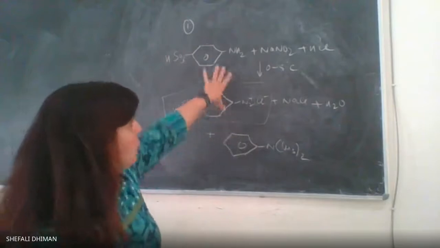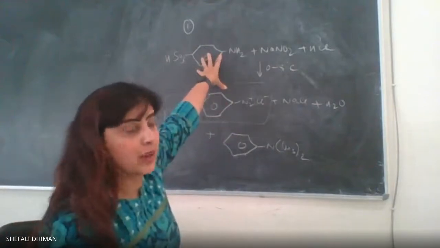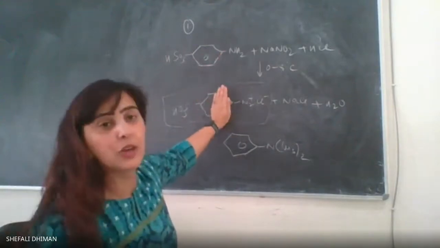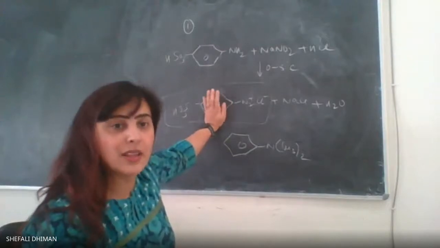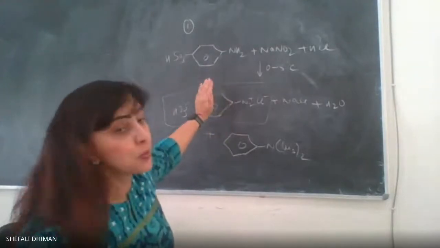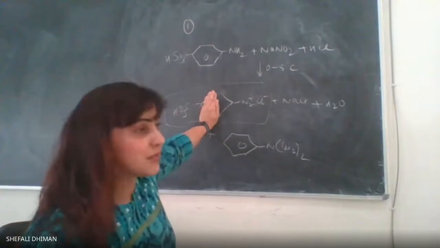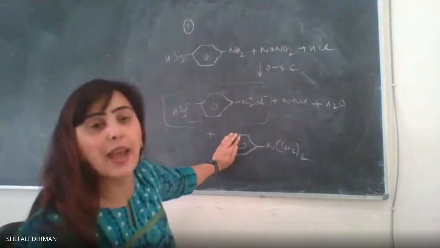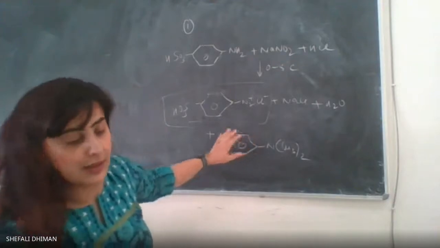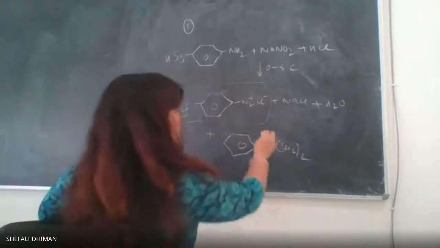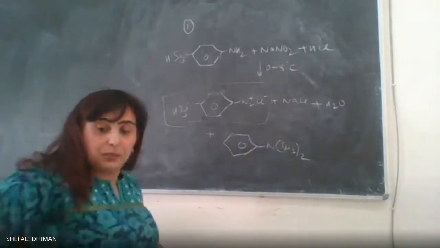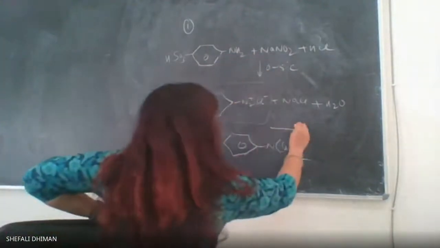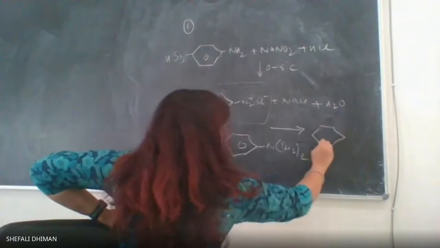So the first step is a diazotization reaction. Since it is an in situ reagent, we have to prepare it. Once we are starting with the methyl orange, we have to prepare this benzene diazonium sulfonyl salt, which couples with N,N-dimethylaniline to form the methyl orange. So I'll write the product, which is the methyl orange. Methyl orange is this.